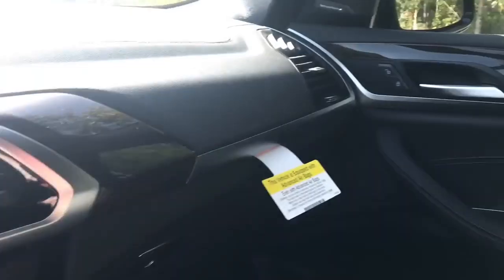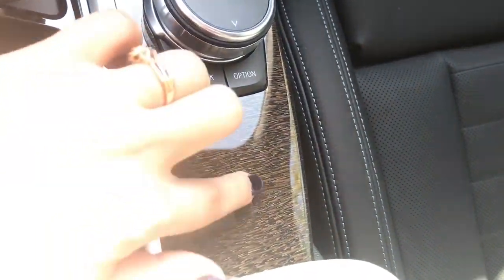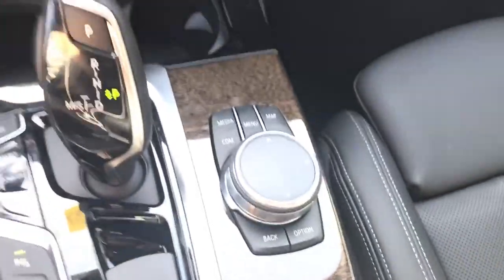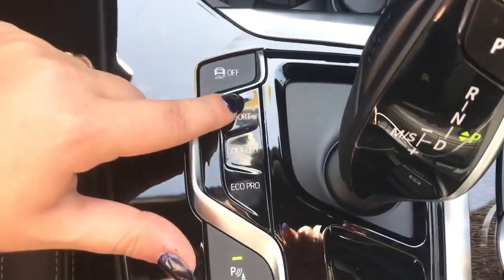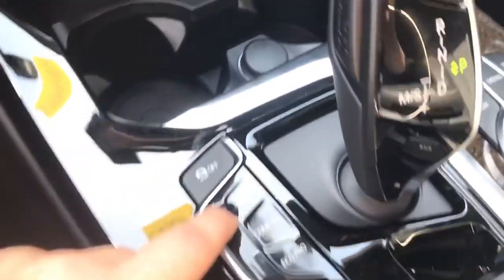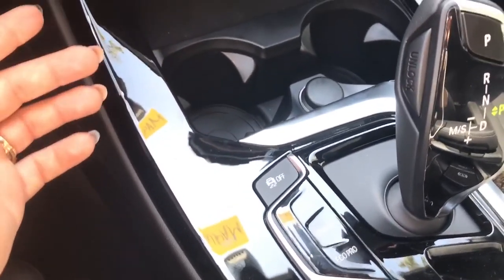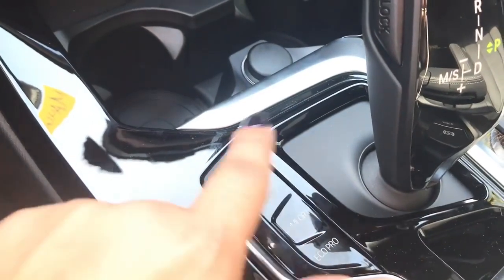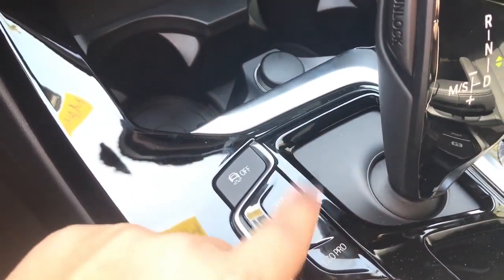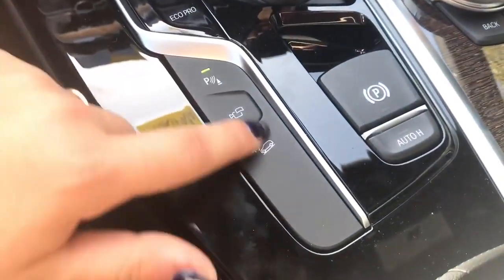I mentioned in the other video, I really like this new trim here. It's bright, and it's not too much though, and it just looks really pretty and sleek. So I do also like that you have all of your options for driving modes out: Sport, Comfort, and Eco Pro. Previously, it was just the Sport and Eco Pro. You didn't really see Comfort, which kind of confused people because Comfort mode's the automatic mode that you start into when you're driving, no matter what mode you ended in, so they would never see it. So they're hitting Sport and Eco Pro, thinking they're just going between those, but there was also the middle option, the Comfort mode. So it is nice that you have all the options there,